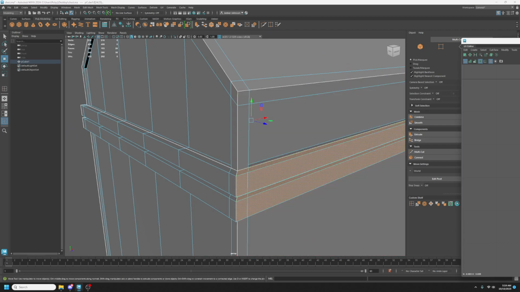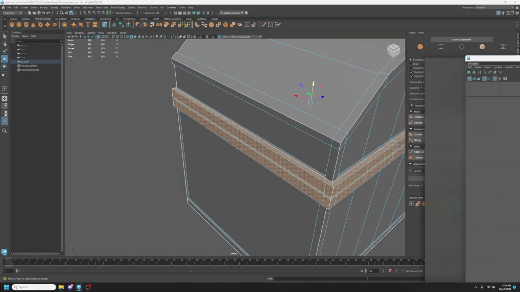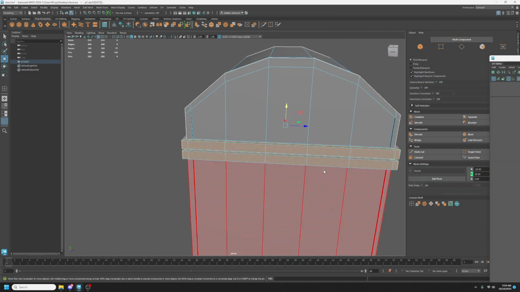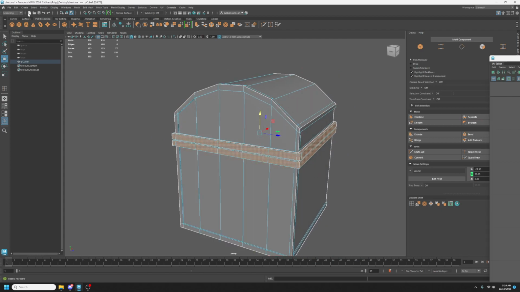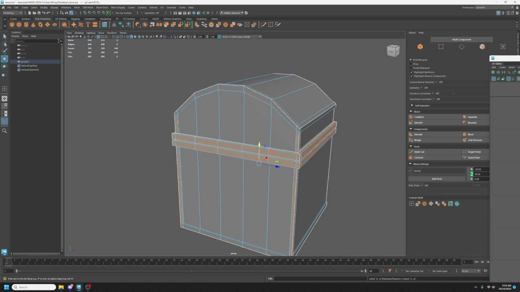So I'm going to select all of those. I'm just selecting the UV islands, and I can expand my selection, edit, select, grow,